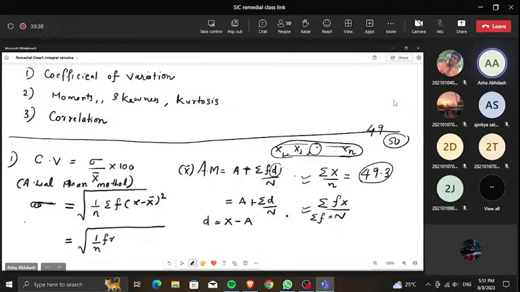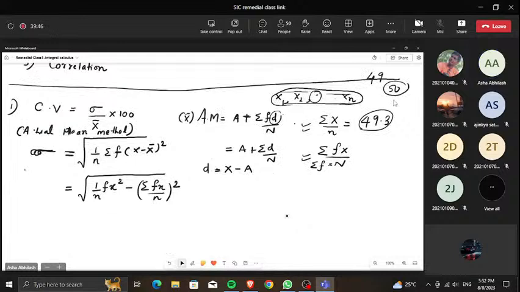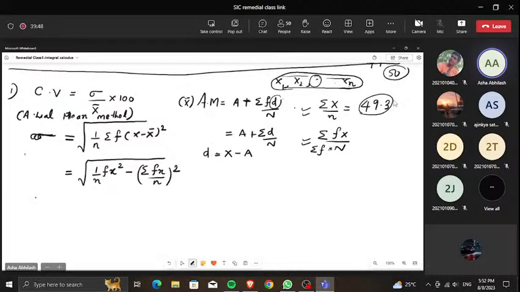If you are using the actual mean method, the formula is the summation fx square minus summation fx by n whole square. Okay, so if you want, you can use this formula also. Or if you are using the assumed mean method,